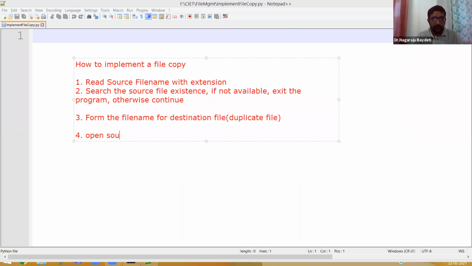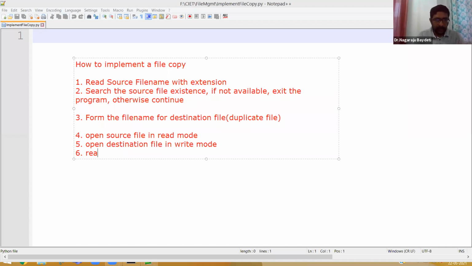open source file in read mode. Correct? Simple. Then open destination file in write mode. Then read the contents from the source file.